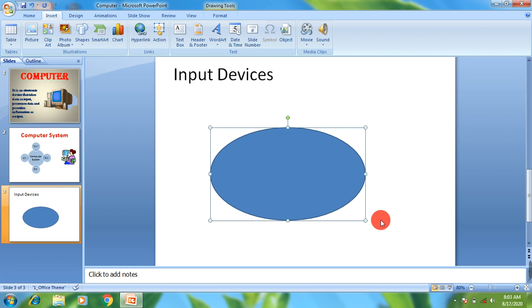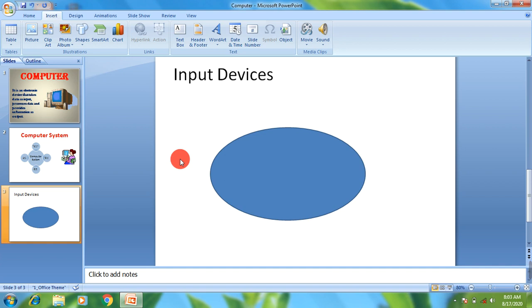For this you have to click on Format tab. So here you can see the last tab is your Format tab. It only appears when you click on the shape. If I click somewhere else in my slide, you can see Format tab disappears. But if I click here again on the shape, now it can be seen. So click on the Format tab,